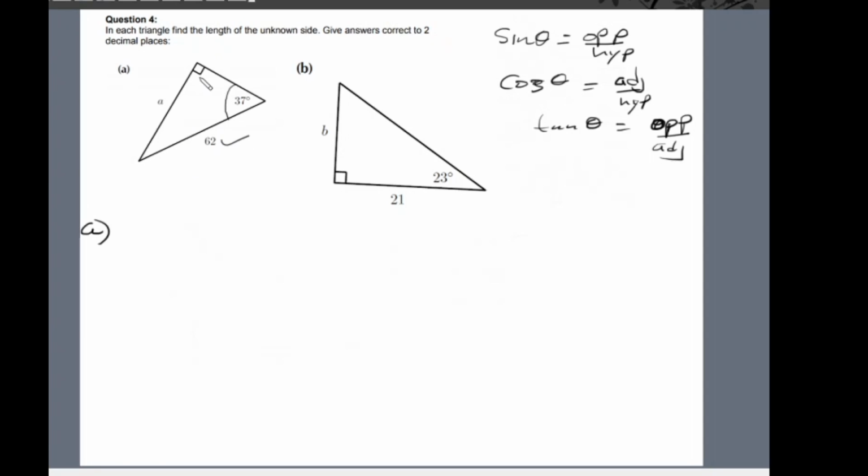And then we have a 90 degrees and then we want this side. Notice that this side is opposite to this angle. That is opposite the angle 37 degrees. And then the hypotenuse. Because this side is opposite to this angle, and we are given the hypotenuse, it means we can use a trigonometric ratio, sine theta maybe, right? So sine 37,